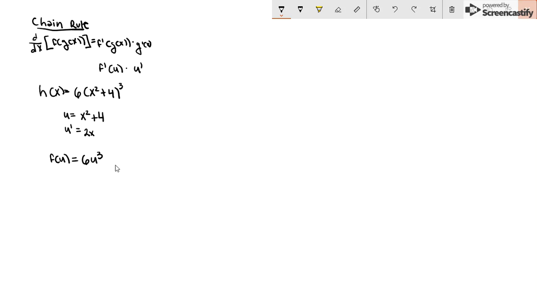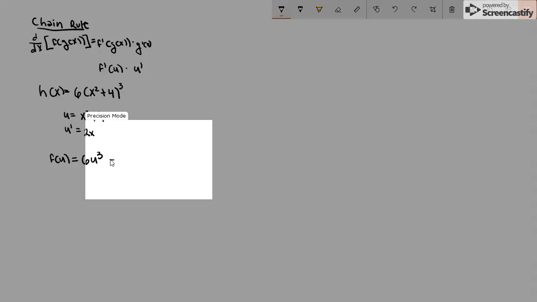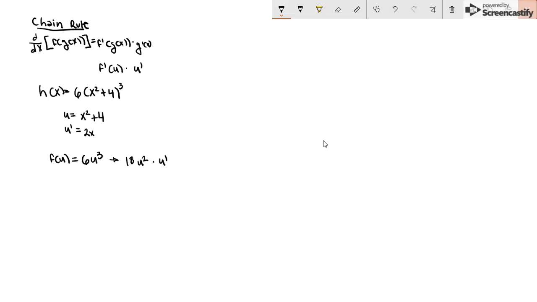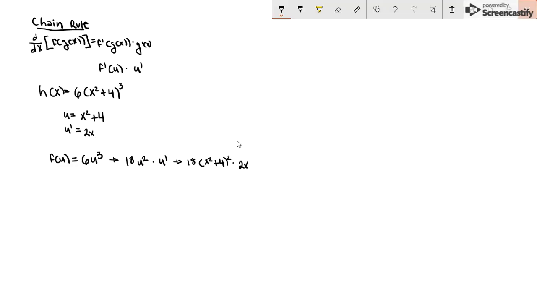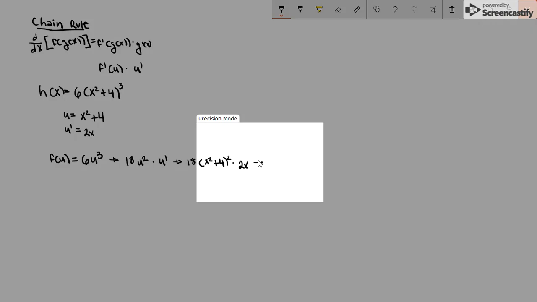So what you would do, you just take the derivative of that, which is 18u squared. But then don't forget to multiply by u prime, right? And now the very last step, you just plug in your u and u prime. So this becomes 18 times x squared plus 4, squared, times 2x. And then you just simplify it even further, and you get